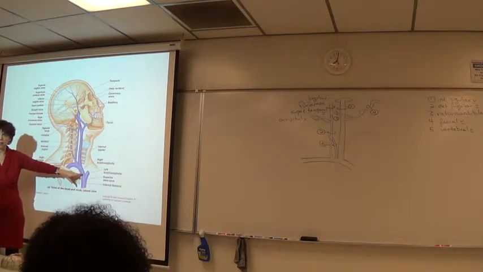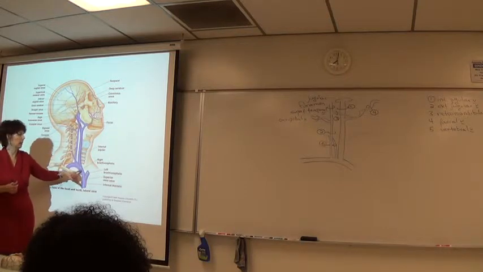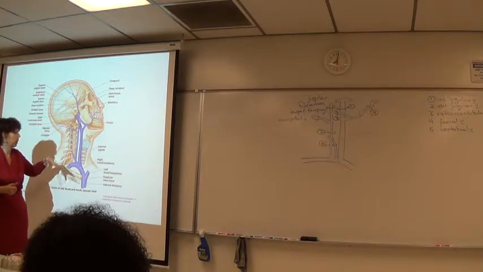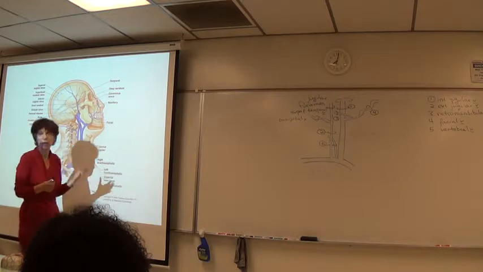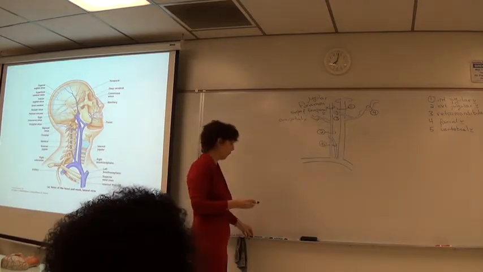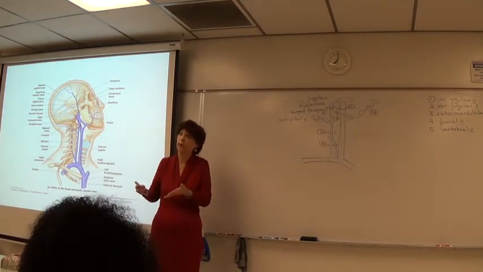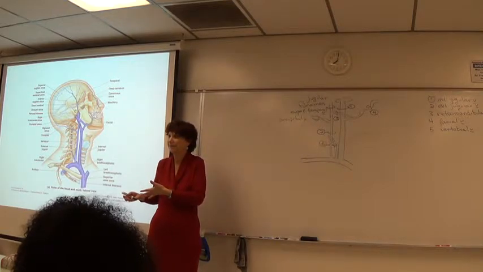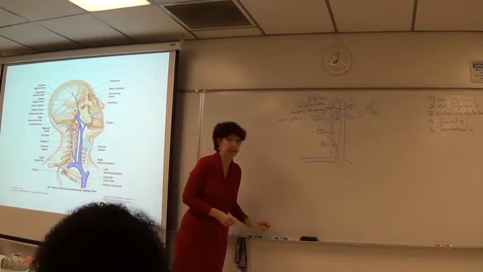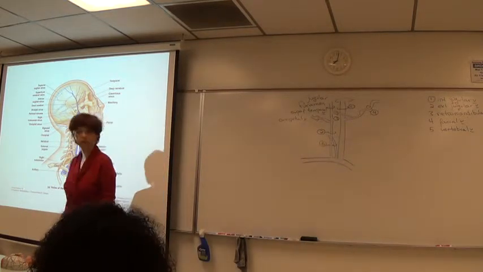We have a right brachiocephalic trunk and subclavian, but instead of the right brachiocephalic trunk being formed by common carotid, a lecture type question would be, which of the following vessels join together to form the brachiocephalic vein? And in that case, it would be the internal